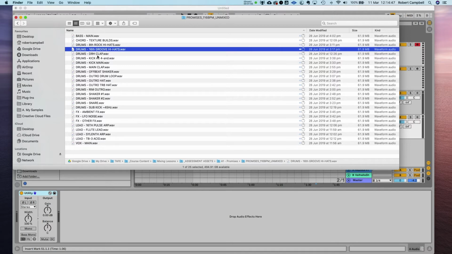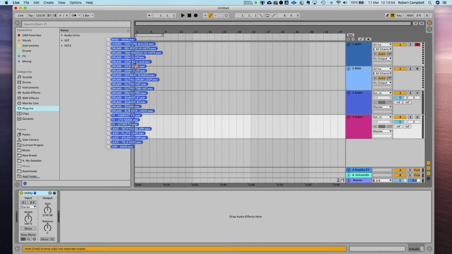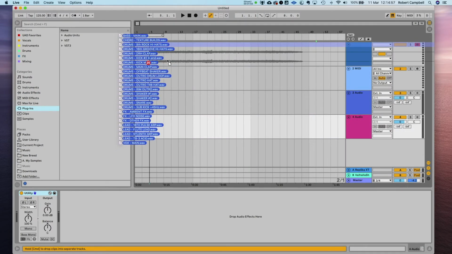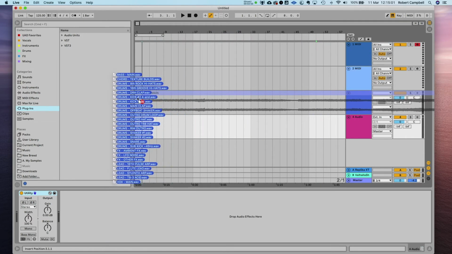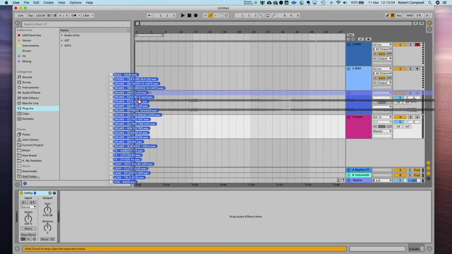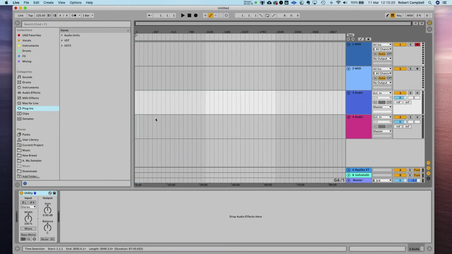Once that's unpacked, click there, press Command A, click and drag in. Now those first two MIDI tracks, ignore those because we don't want to drop audio onto MIDI. So we want to go to our first audio track, and you can see how the waveforms are lining up side by side. I'll drop them there just to show you. And so that's a world of pain. We'll have to create every track and then drag it down one by one. So instead of doing that,